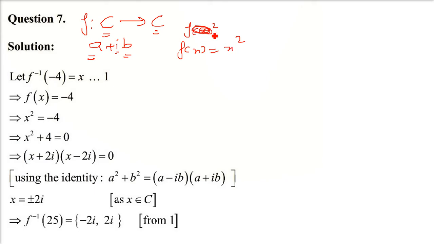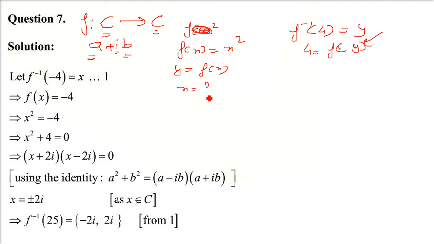Okay. So f inverse, same thing. This is negative 4, I guess. I'll just change it. f inverse of negative 4 equals y. Negative 4 equals f(y). See, always you can use x also. This is just the way we were doing it earlier. So I just want to stick to that kind of convention. That is why I'm using f inverse of negative 4 equals y. But you can always use x anytime. Because y equals f(x) was our initial function. Whenever we take inverse, we always write x equals f(y). So f inverse of x will be equal to y.